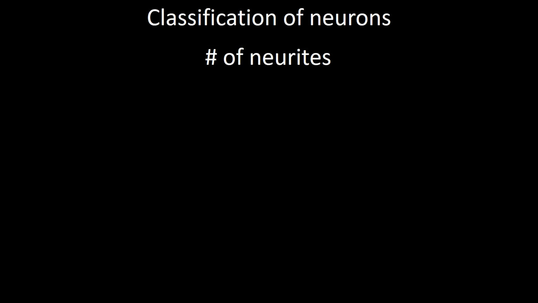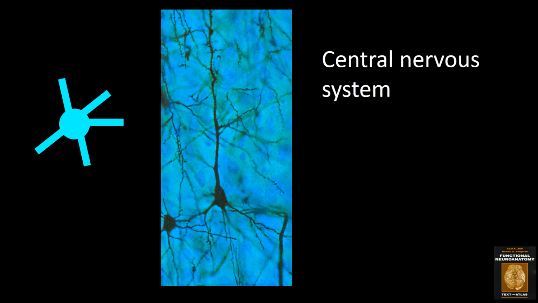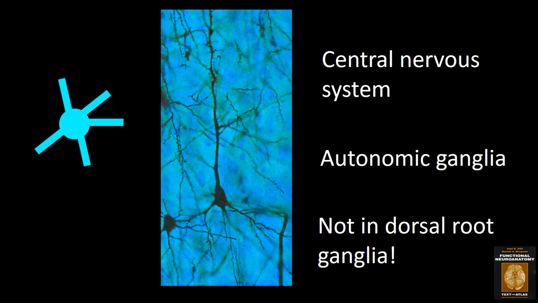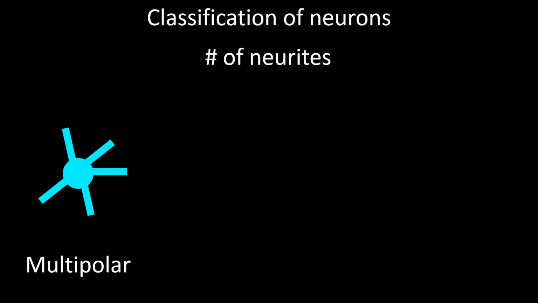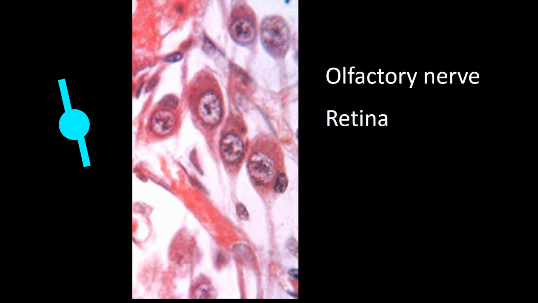Neurons can also be classified according to the number of neurites. By neurites I mean axons and dendrites, and they are classified as multipolar when they have many dendrites and one axon. Multipolar neurons are found in the central nervous system and autonomic ganglia, but not in dorsal root ganglia. In addition to multipolar neurons, we have bipolar neurons. Bipolar neurons have one neurite at each pole of the cell. These neurons are found in the olfactory nerve, retina, cochlear nucleus,